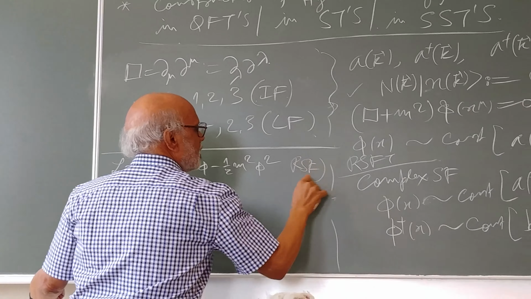Okay. So whenever I say wave equation, we assume that it is always at the classical level. Okay. In classical physics, you have wave equations, but truly speaking, they are all field equations, and field equations can be quantum mechanical if you promote your phi, psi, etc. to quantum mechanical